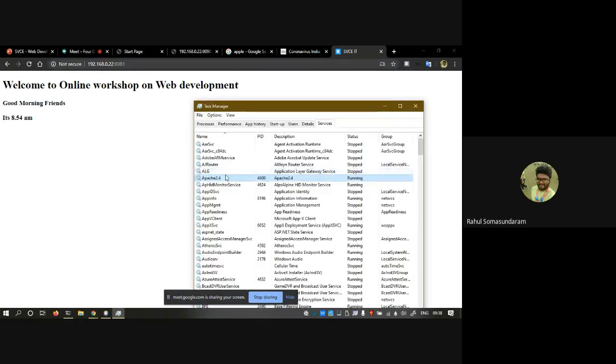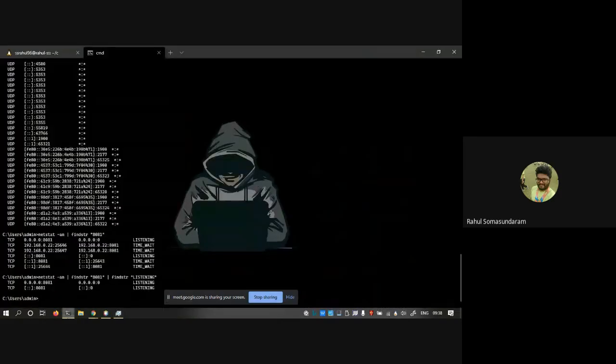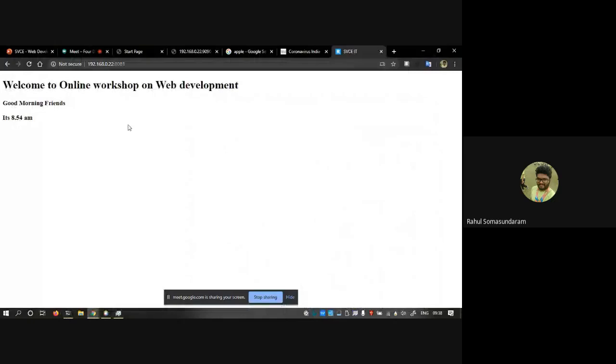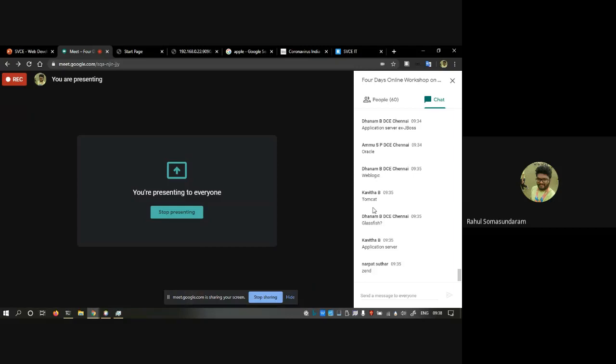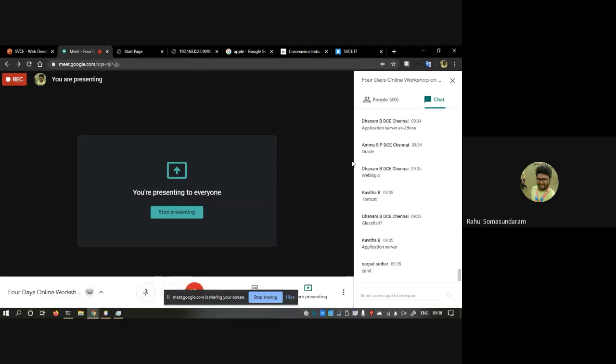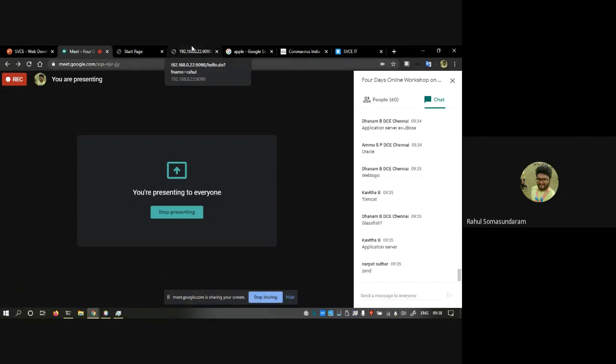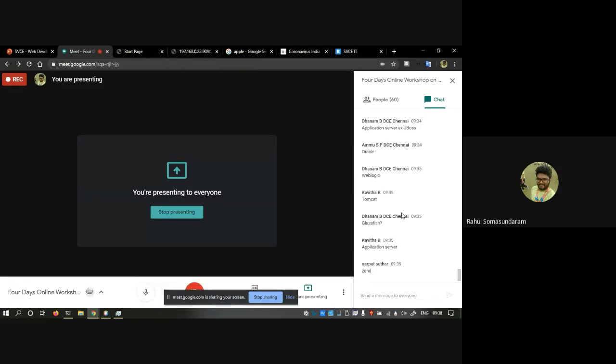So the Apache server is running on port 8081 so that I can open this page in the browser and view the HTML page. Are you clear with this? This is a simple web server, Apache, running on my system on port 8081, and you can see the HTML page because of the Apache server. Clear with this?